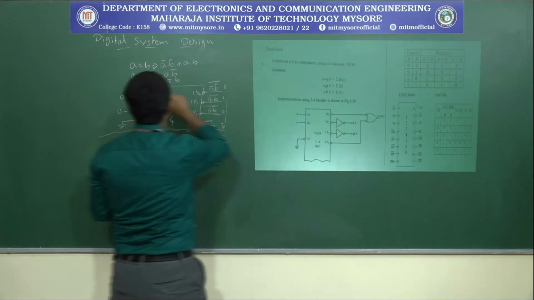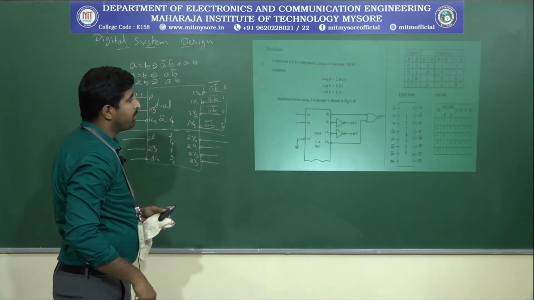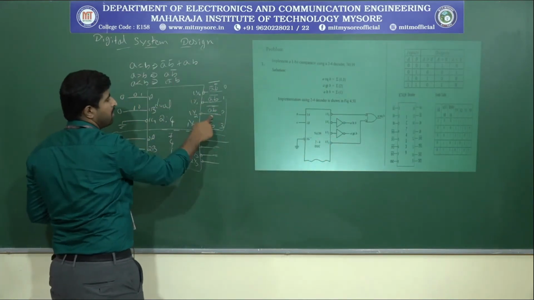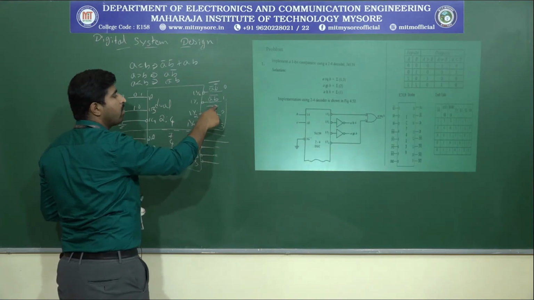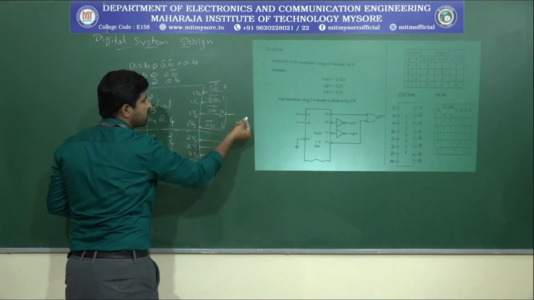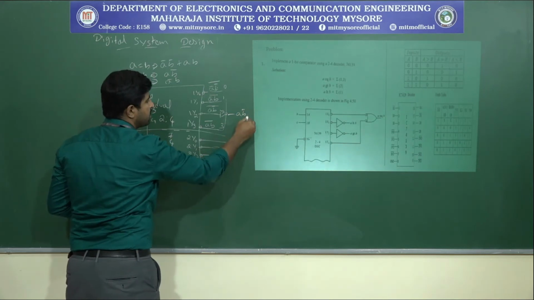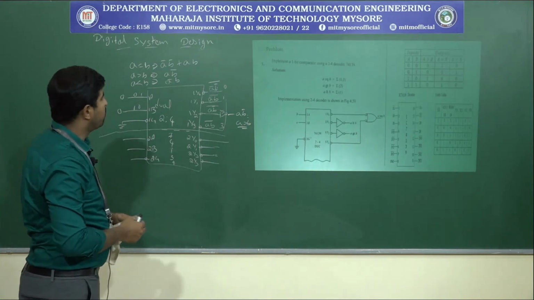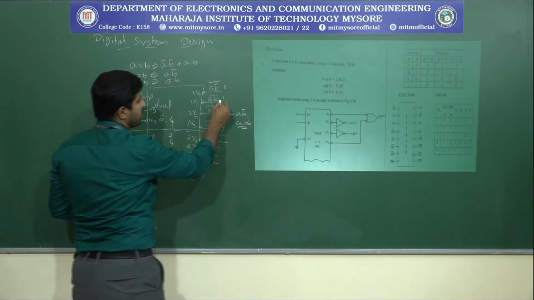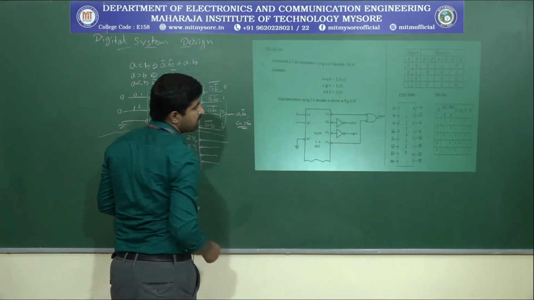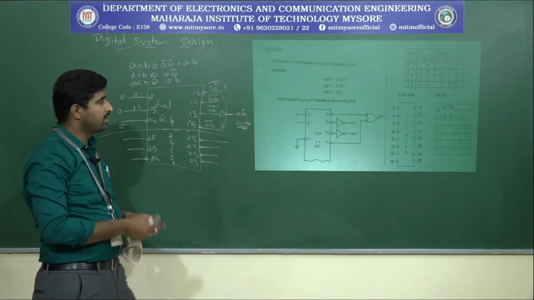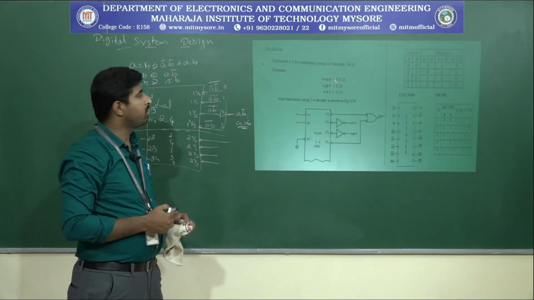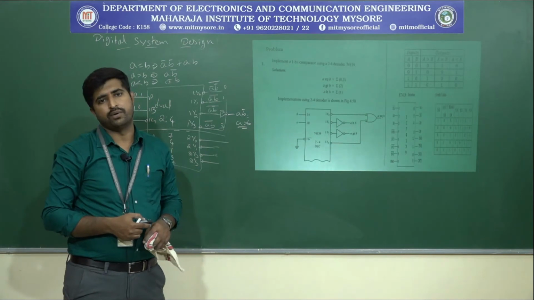Next, what is A greater than B? A greater than B equals 2. So here we are going to get A B bar, but here we are getting A B bar whole bar. So that's why connect a NOT gate. That will give A B bar, which is equal to A greater than B. Similarly, we are going to implement A less than B by connecting the NOT gate to the first output, that is 1Y1. So that is how we are going to implement a 1-bit comparator by using the 2:4 decoder.